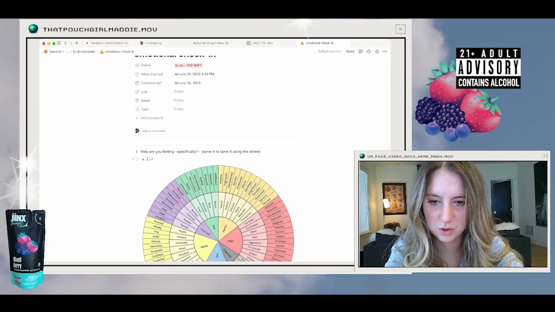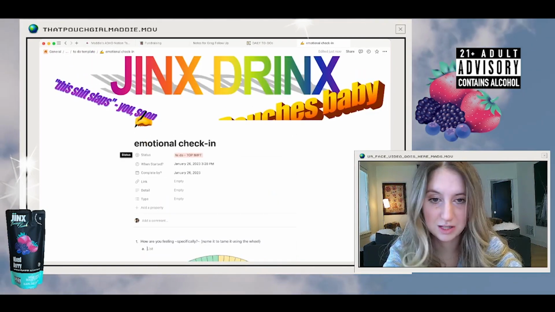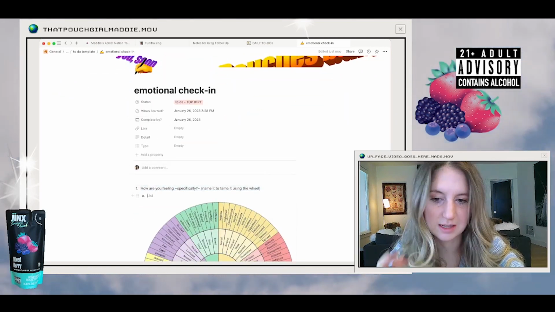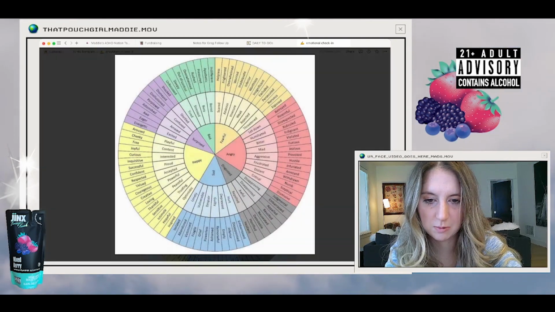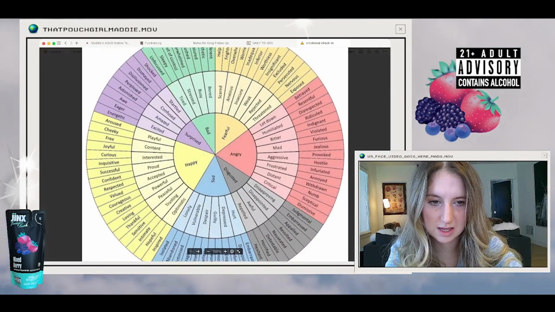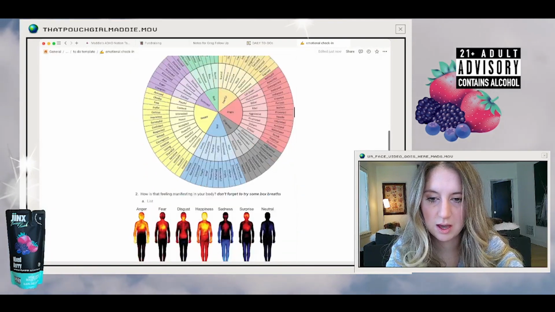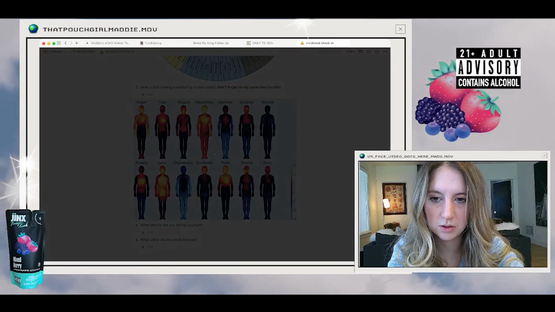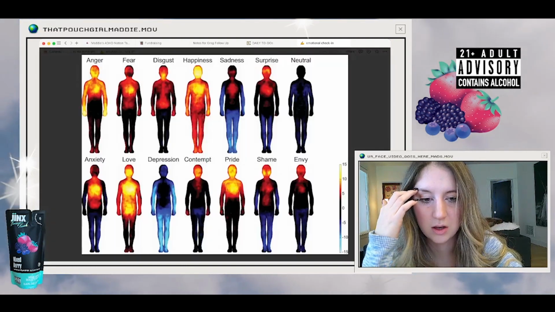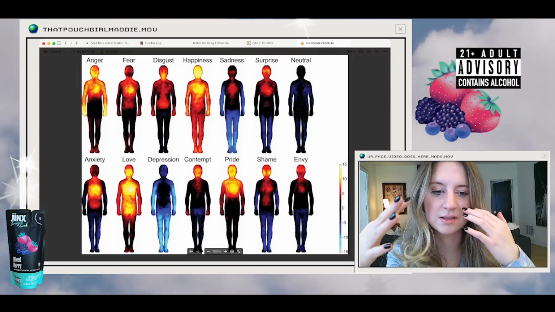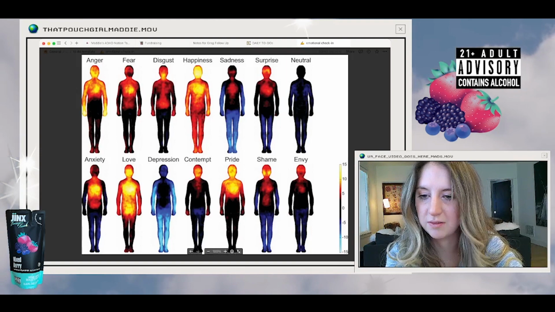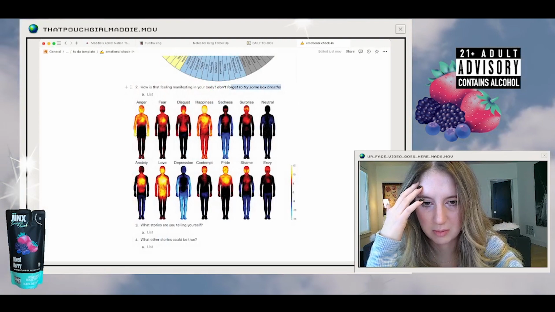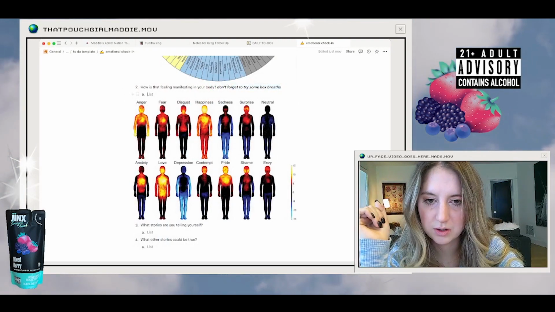This is my tried and true four-step method, or at least tried and true for myself and a lot of my friends who like this. So, name it to tame it: ask yourself, how are you feeling, more specifically? I put the feelings wheel in here so you can evaluate this and get more granular if possible. Then body mapping is something I've been learning a lot more about from my autistic community groups, and that looks like understanding where you're feeling heat or cold, which actually has a lot more tied to your emotions than I feel I was previously giving credit for. So think about that and then try some grounding breaths, like box breaths. Oh yeah, I was going to include, I'll include